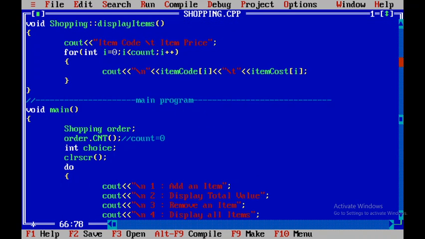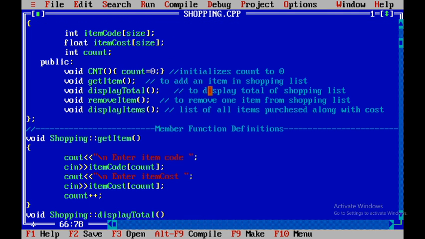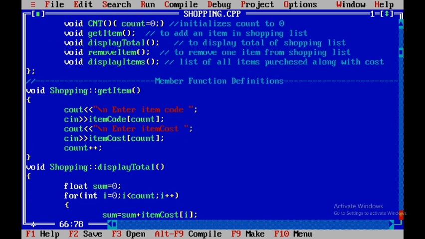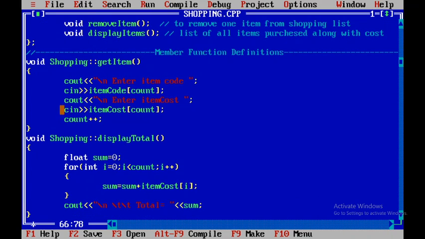That means here we will execute the display total method for our object order. This method will get executed, and our total value will get displayed as a response of this function.